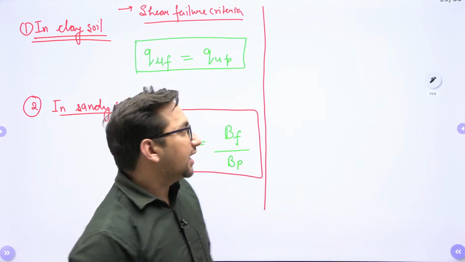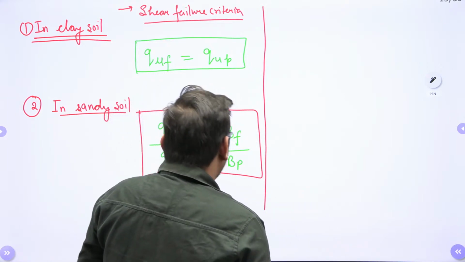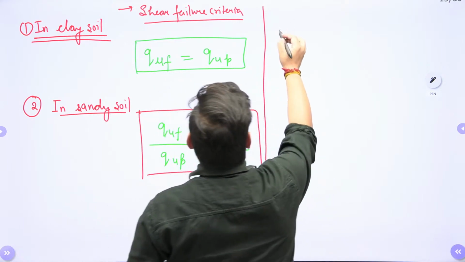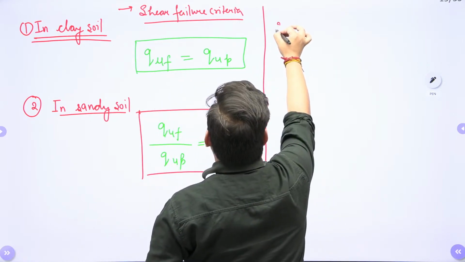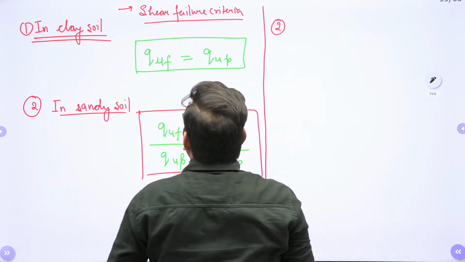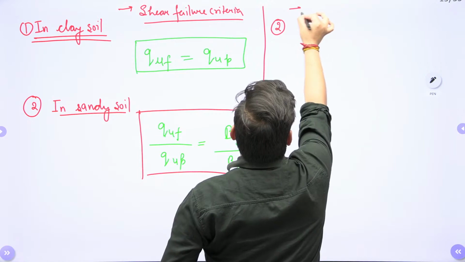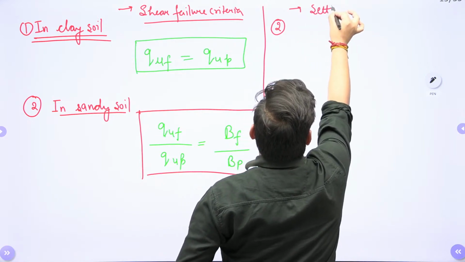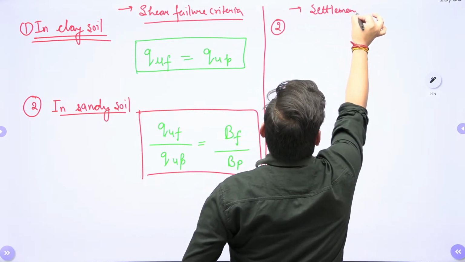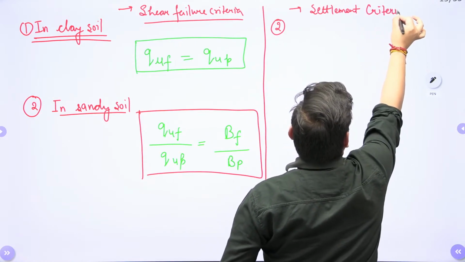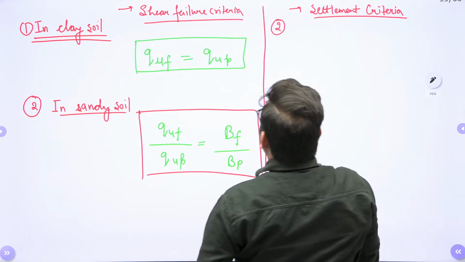For the settlement criteria also, when we get the settlement for the plate, based on that you can calculate what will be the settlement in your foundation, right? So based on settlement criteria,